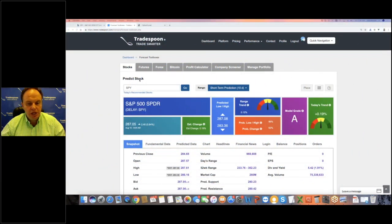First, current market condition, SPY. This is a 10-day stock forecast toolbox. This is our flagship product, optimized for short-term predictions. I'm looking at the 10-day predictions for SPY, and right now, basically, the model is saying that there's not a lot of